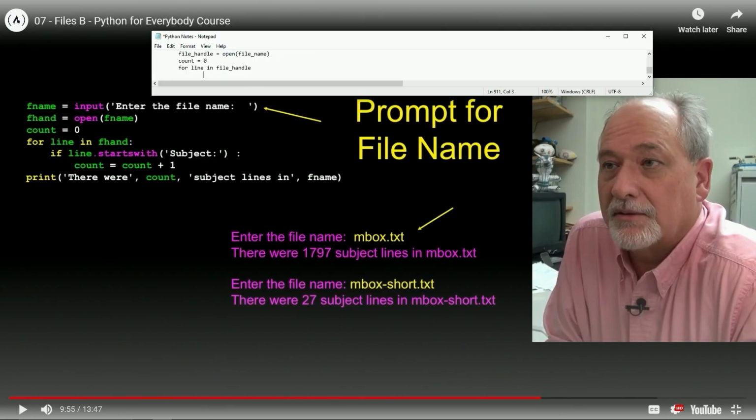Okay, so if line starts with, and then we'll do subject, like that. Oh, we gotta cap it off with a colon, all right? And then what else will we do? If that's the case, we're gonna say count equals count plus 1, okay? And then outside of the if statement, outside of the for loop, we'll say print.